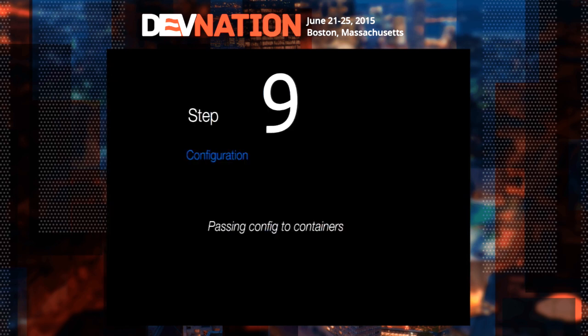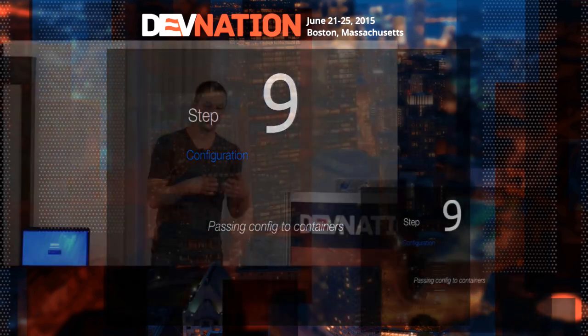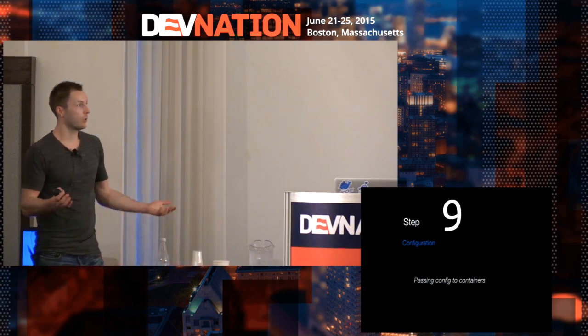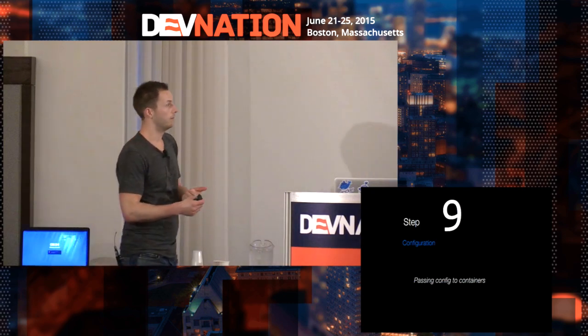So then finally, step 9 is working with configuration, because you will notice that, of course you start working with containers, and probably you don't just have only your production environment. Probably you're running different environments on top of Kubernetes. You have your production environment, test environment, acceptance environment, and whatever environment. And somehow you need to configure your containers to use the correct data store, use the correct credentials, etc., etc.